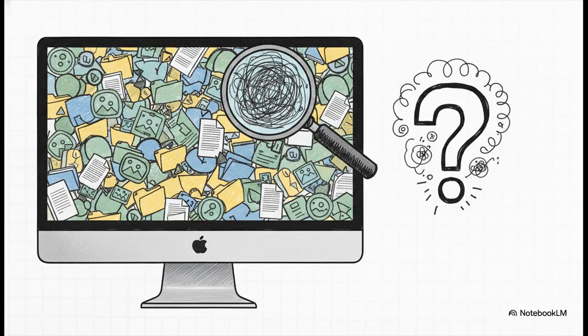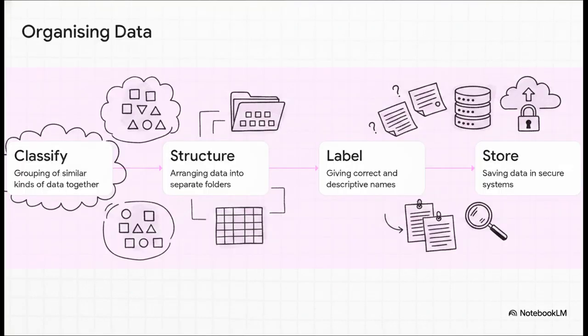But once we actually collect all this diverse information, we can rapidly run into a highly frustrating issue. Imagine looking at your computer desktop and seeing 50 random, entirely unorganized images scattered everywhere. Now imagine you need to find just one specific, critically important file for an urgent project that is due in exactly 5 minutes. That is a total nightmare scenario. The sheer panic of frantically clicking through vaguely named files is something I think we all know a little too well. To entirely prevent that kind of digital chaos, we absolutely must systematically organize our data using 4 mandatory steps.